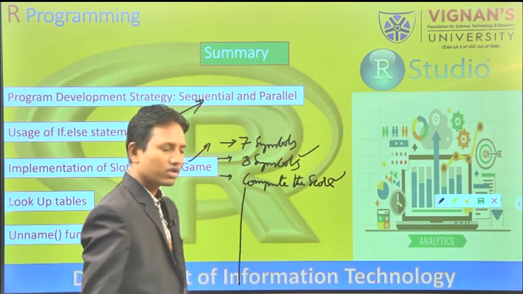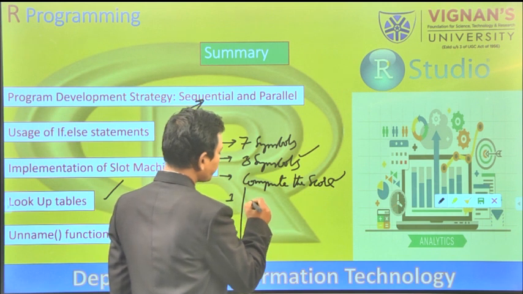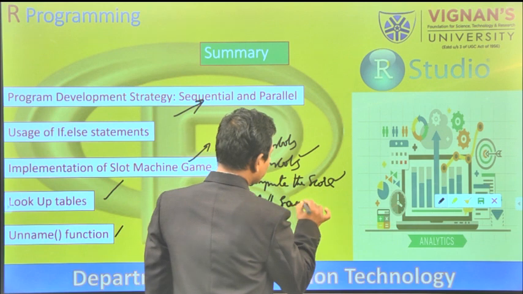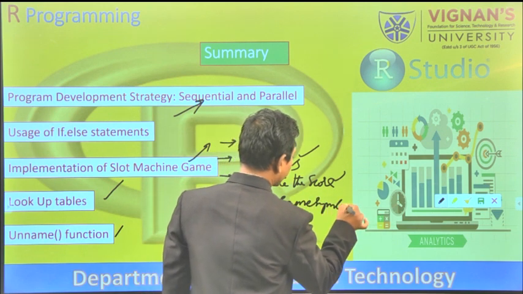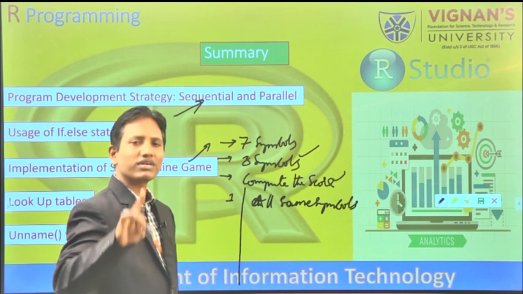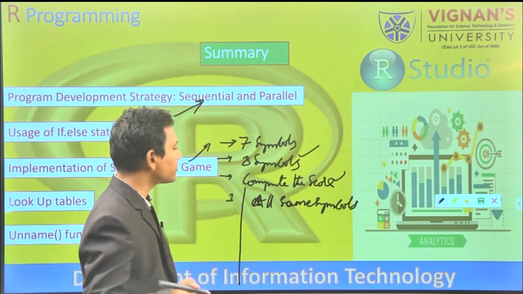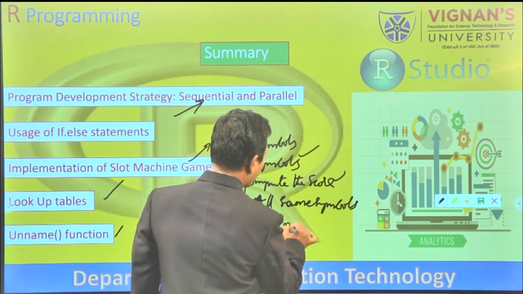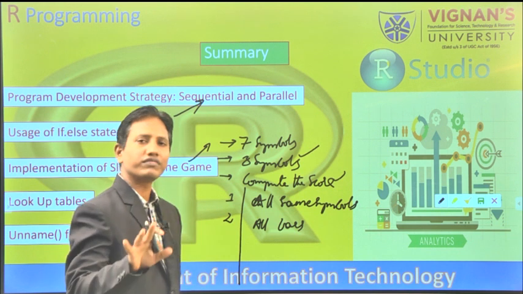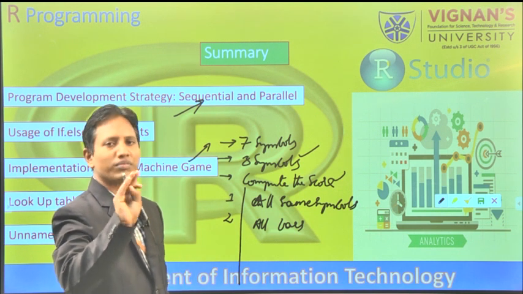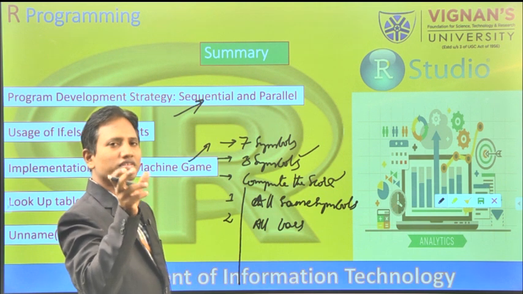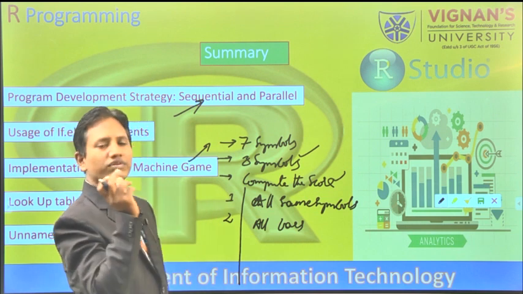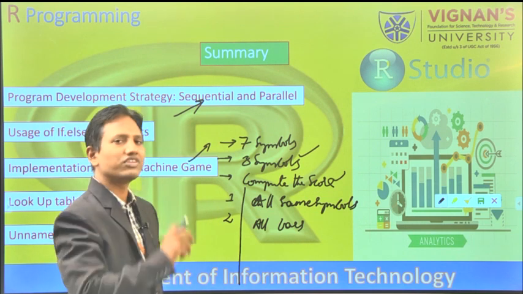Once you generate the 3 symbols, when you are going to compute the score, you have to check for the 4 cases. Case 1 is all same symbols. You check whether all symbols are the same or not. Case 2 is to check for all bars. That is, we have three symbols, single B, double B and triple B. If these three symbols come in a single slot, then we are going to give prize money 5. We need to check for this condition.